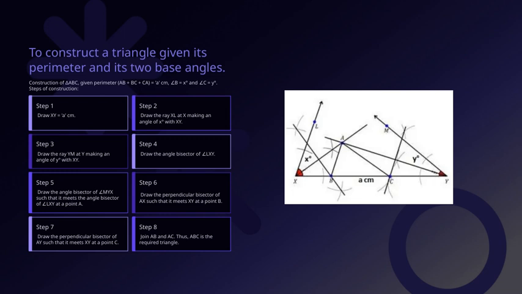our triangle. To find points B and C, I draw the perpendicular bisector of segment AX, and where it intersects XY, I mark B. Similarly, I draw the perpendicular bisector of segment AY, and where it intersects XY, I mark C. Finally, I join points A to B and A to C, completing the triangle ABC. This construction ensures that the perimeter and the angles at B and C are correctly represented, forming the triangle we